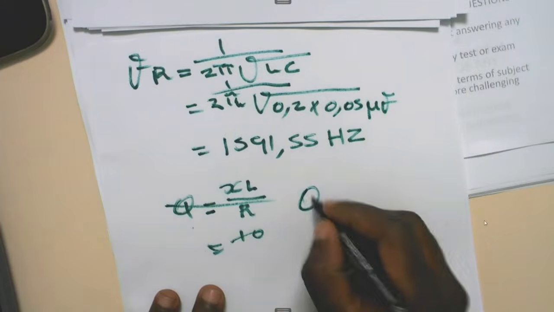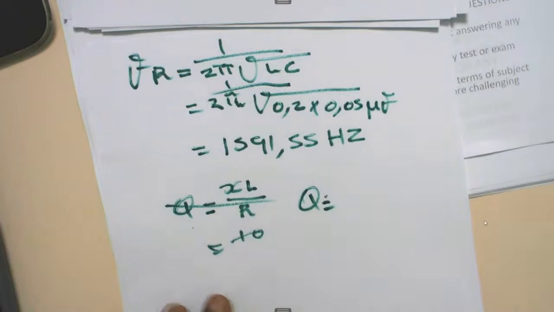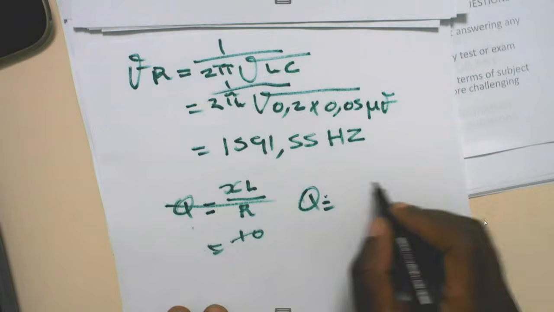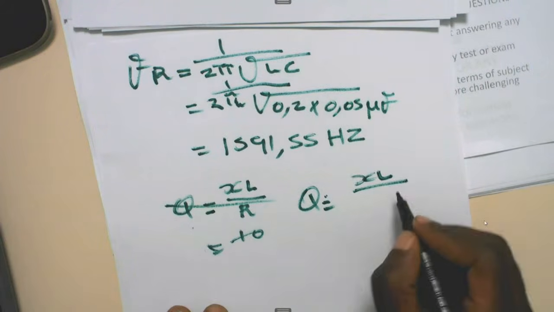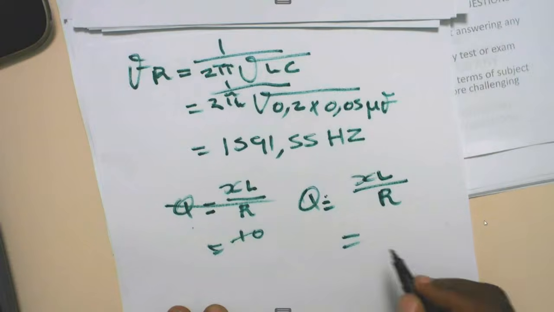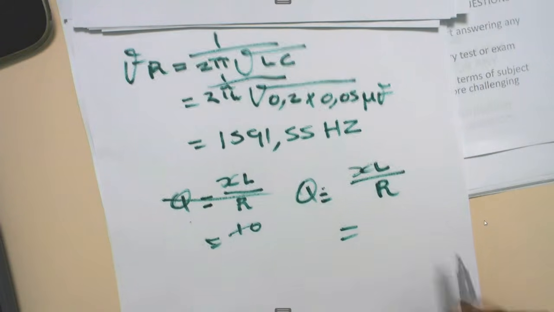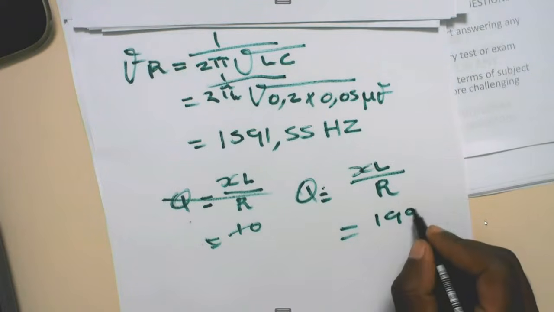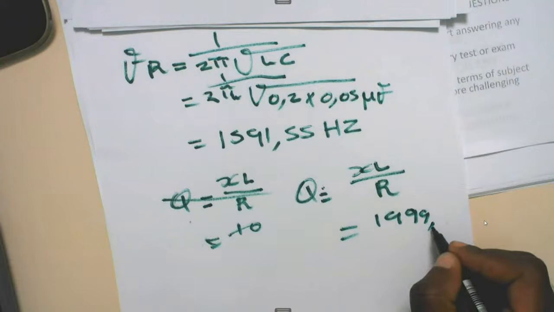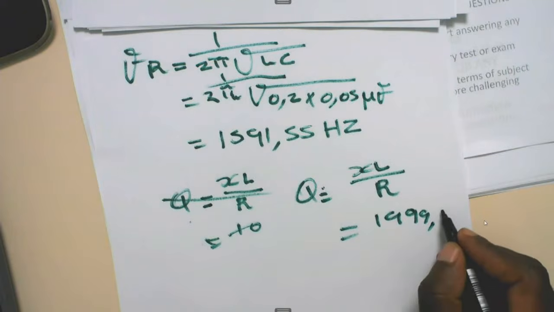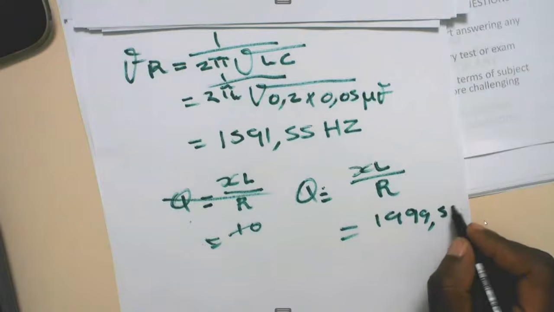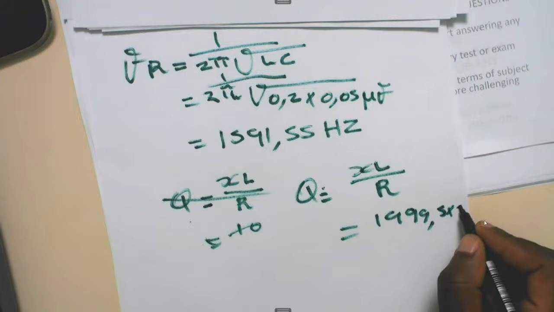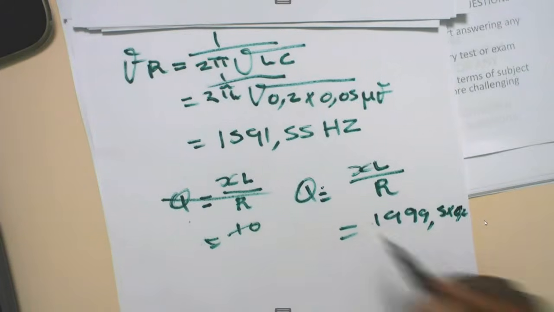So Q is equal to XL over R, which, if you do this, it will be the value of XL, which is 1999.5 times